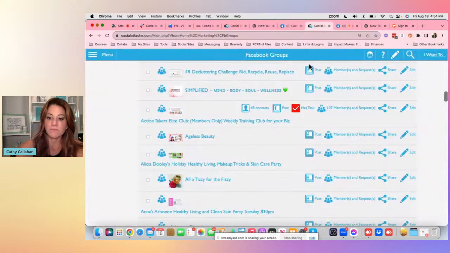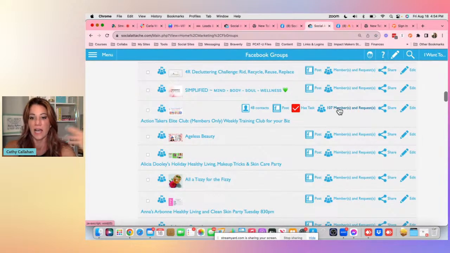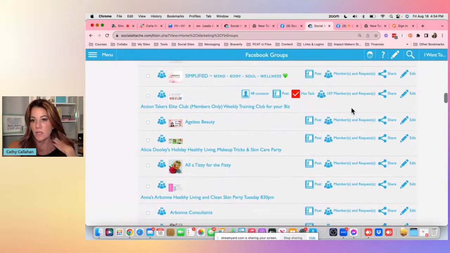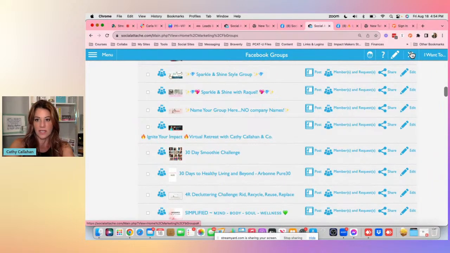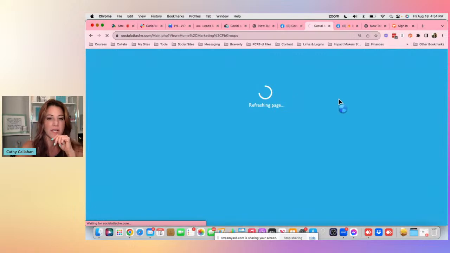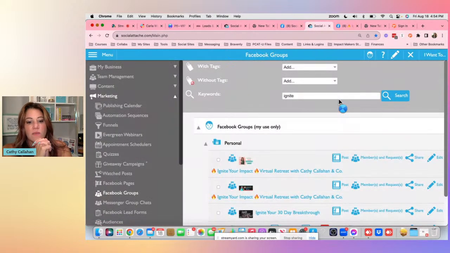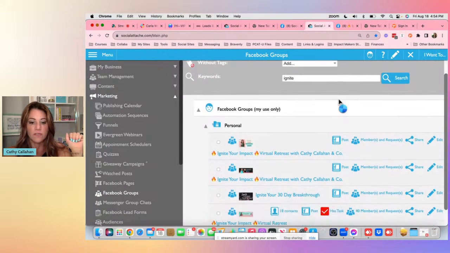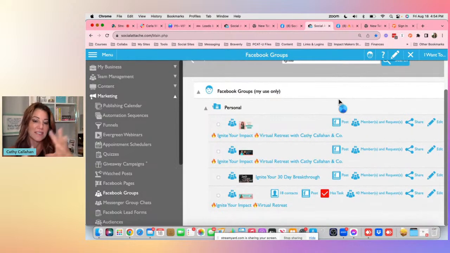But the ones that I did, you'll see how many members it's brought in, okay? You'll see if it has a task. You can jump back over to the group. You can edit your automations. So in this case, we just got Ignite in. You can search your groups up here at the top. Let's see if Ignite got imported yet. It said it's going to start. It'll text me when it's done. Okay, so it's in. All right, so I've got a couple different Ignite Your Impact virtual retreats